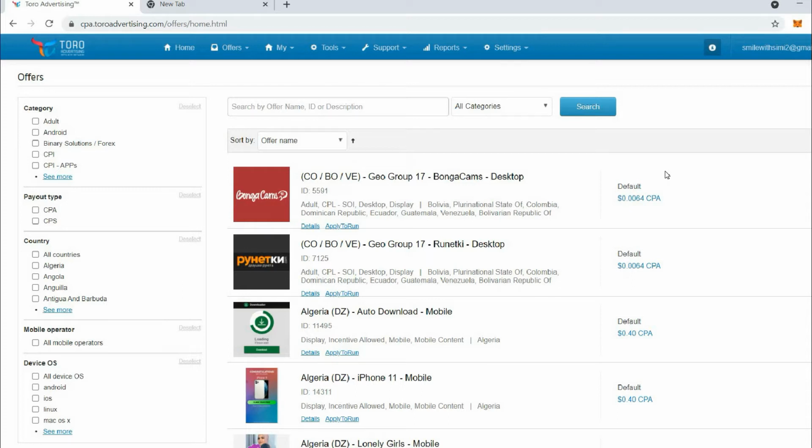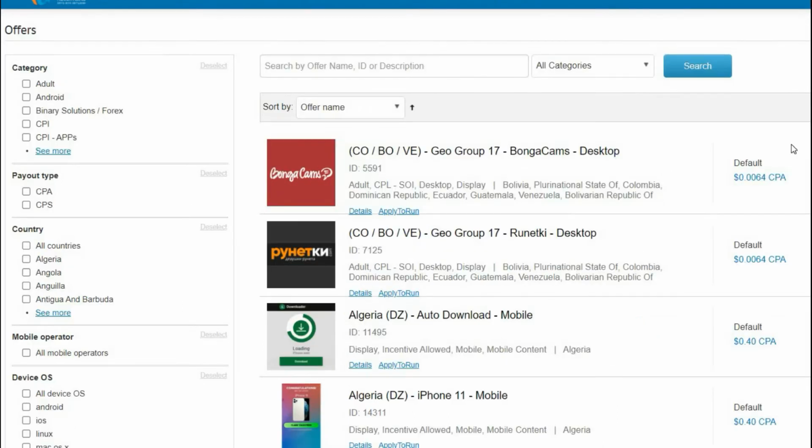You only have to promote real genuine e-com offers which will help the end user, because if you promote these scammy types of offers, then eventually Facebook is going to delete or disable your ad account. So we don't want that. You have to make sure that you only promote a real offer.